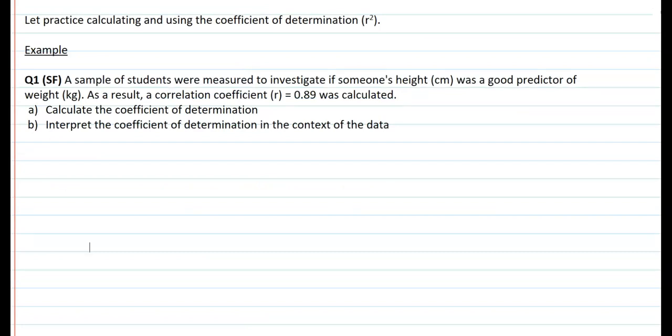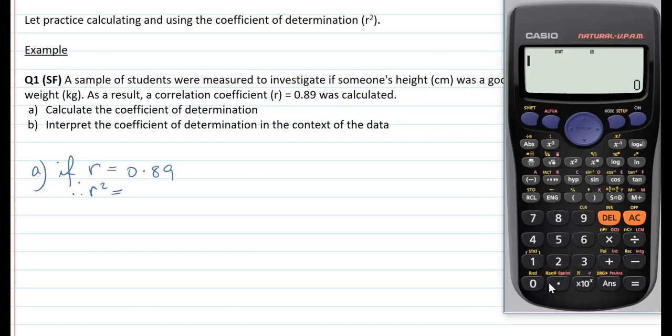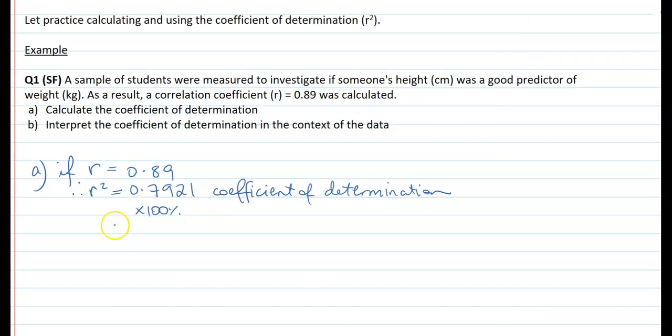So here's an example of your typical simple familiar question. I've got a sample of students who were measured to investigate if someone's height was a good predictor of weight. As a result, a correlation coefficient, or R value, of 0.89 was calculated. We have to calculate the coefficient of determination and then interpret it in the context of the data. So part A, easily done. Simply put in your correlation coefficient and square it. 0.7921. Then if I multiply that by 100%, I have a percentage value of